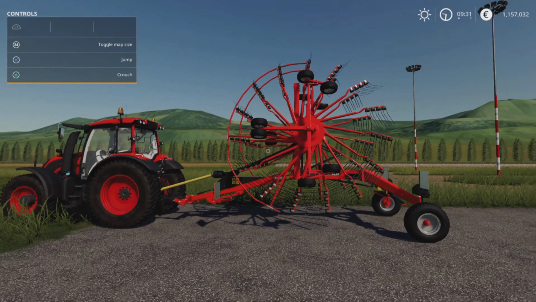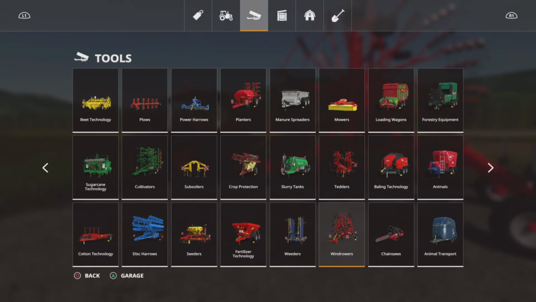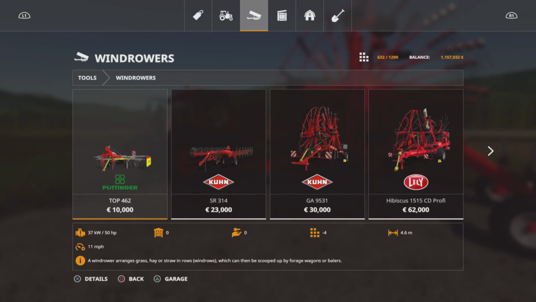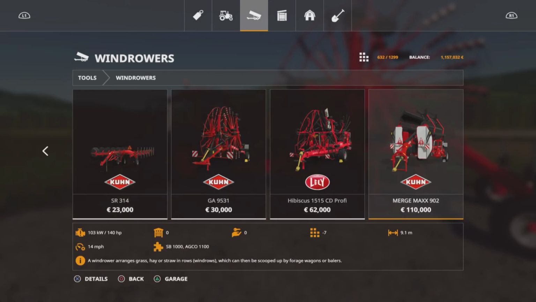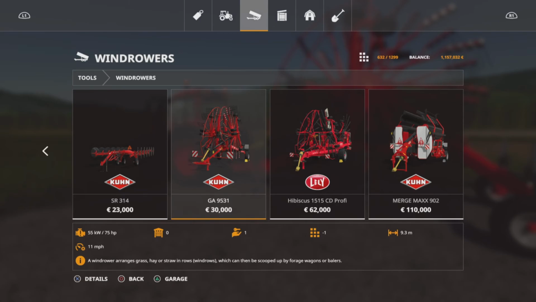So we've got our windrower here, again just a basic in-game one. If we go into tools and go to windrowers, these are your options to start off with. So again, they all do the same job, but they're just different widths. So the first one's only a 4.6 meter, and they go right up to 9.1. That one's 14.8 actually, so that's the biggest one. We went for this one here, which is a 9.3 meter width,